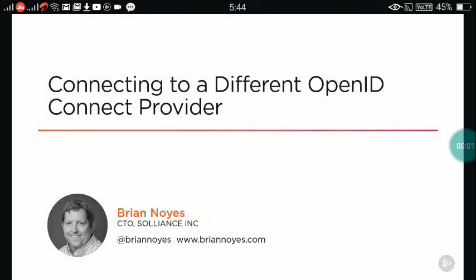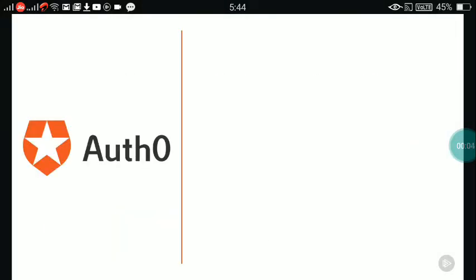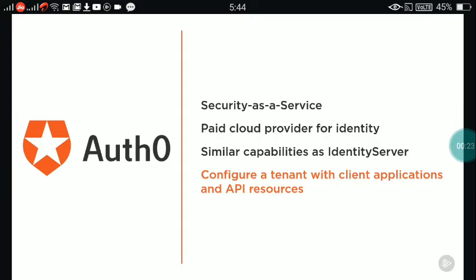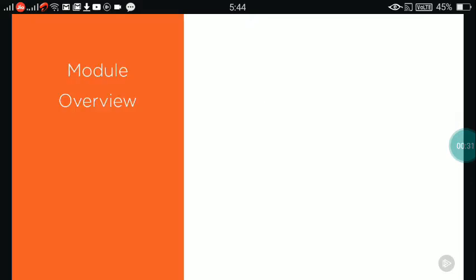provider, specifically auth0. auth0 is a security-as-a-service paid cloud provider for identity. Conceptually, auth0 is very similar to Identity Server in terms of what it can do. But instead of setting up a site and customizing your code to get your STS set up, you instead configure a tenant account with auth0 with client configurations and API resources that you need to secure using auth0 as your